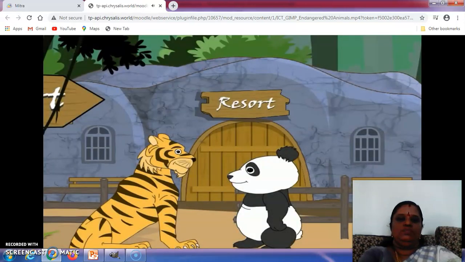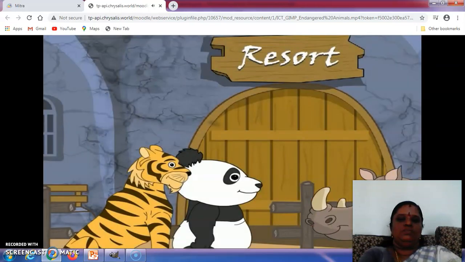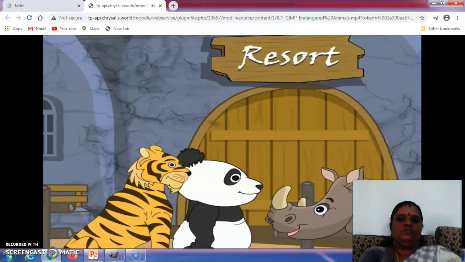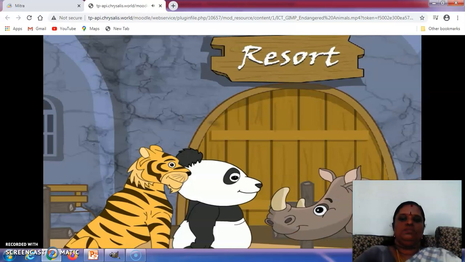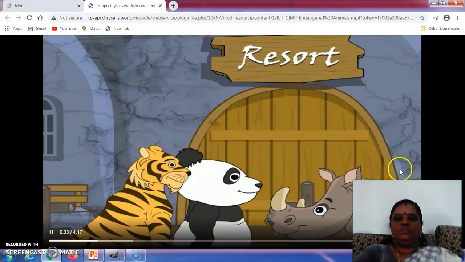Well, Stripey, here we are. We've opened our very own jungle spa for all our endangered friends. Best idea ever. Our resort has been in great demand since we opened. Hello, I'm Honky the White Rhino from Asia. I've heard so much about the resort. Sure, come along.